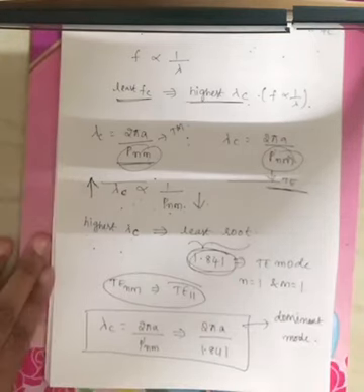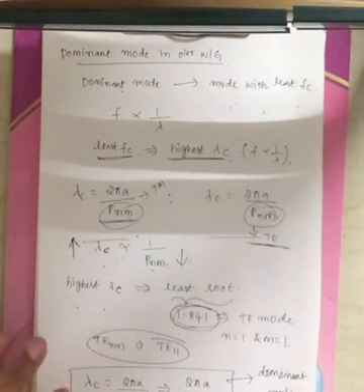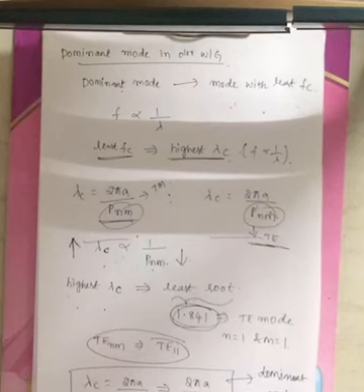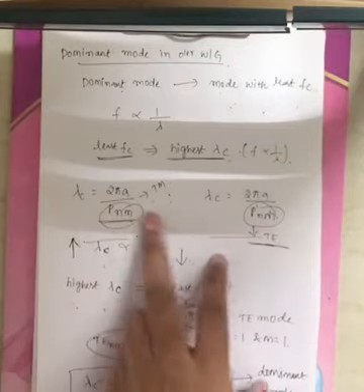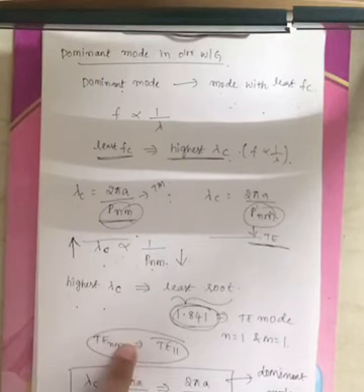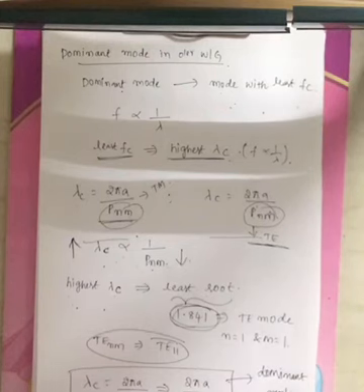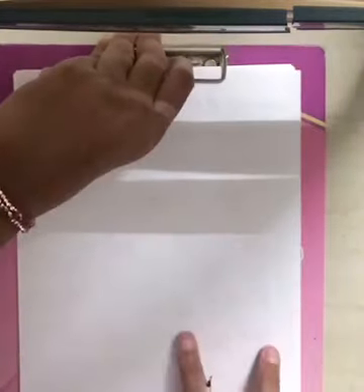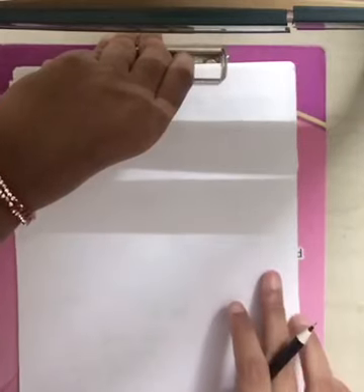See, the dominant mode has the least cutoff frequency. If Fc should be less, the cutoff wavelength should be high, right? Now how are cutoff wavelength and roots related? Inversely. If you see these two formulas, those are related inversely. Highest cutoff wavelength indicates the least root. If you refer to that table, the least root is for TE mode of propagation for n equals 1 and m equals 1, that is 1.841. That's why TE11 is the dominant mode of a circular waveguide. Now lambda c is given by 2 pi a by the root value, that is 1.841.